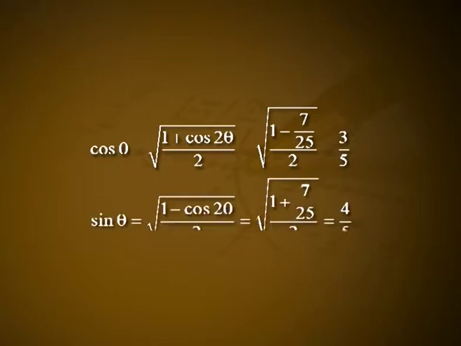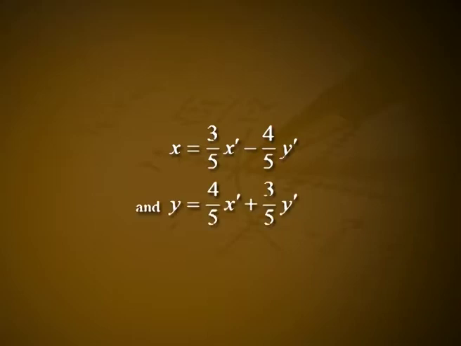Sin theta is equal to square root of (1 minus cos 2 theta) by 2, which is equal to square root of (1 minus 7 by 25) by 2, which is equal to 4 by 5. Substituting these values in 10 yields the rotation equation x is equal to 3 by 5 x dash minus 4 by 5 y dash and y is equal to 4 by 5 x dash plus 3 by 5 y dash,